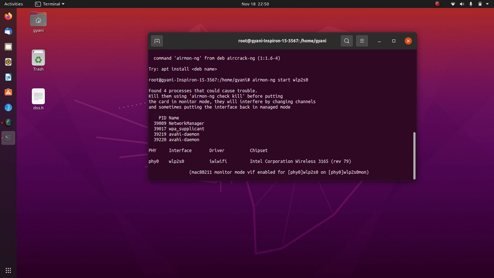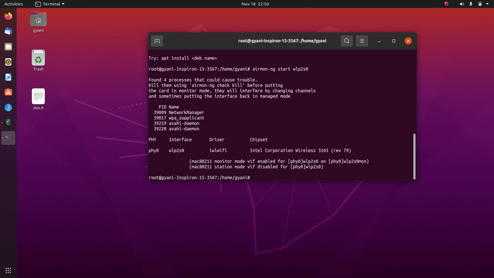Okay, so it's saying that these processes are interfering with our network interface card, so we will have to kill all the processes which are using our network interface card. So I'll just use the kill command to kill the network manager. 3909 is the PID of the network manager process.